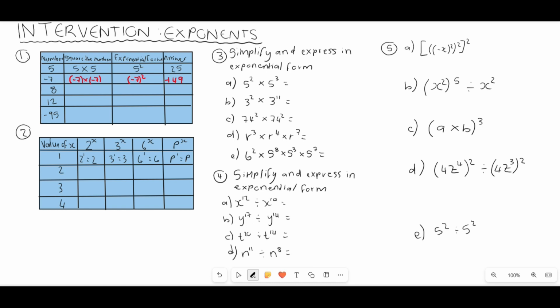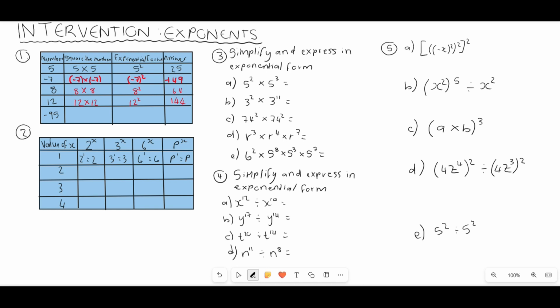Now, for the next one, we don't even need to write brackets. If you wrote brackets, it wouldn't be wrong either. Okay, so yeah, we can just write 8 times 8, which gives us in exponential form, that would be 8 squared. And then if you go and square the number, you would get 64 because 8 times 8 is 64. In terms of this one, you would get definitely 12 times 12. And if you had to write that in exponential form, it would be obvious that it is 12 squared. And if you go and multiply 12 times 12, you would get the number